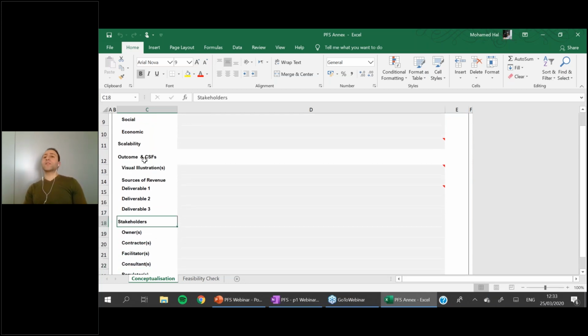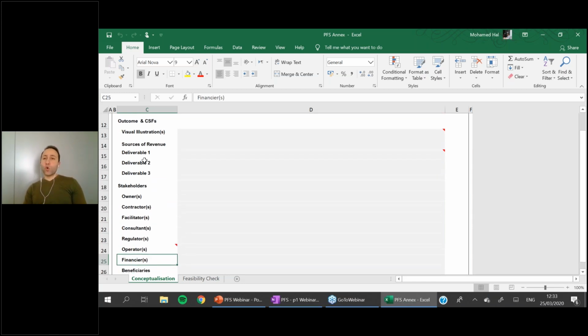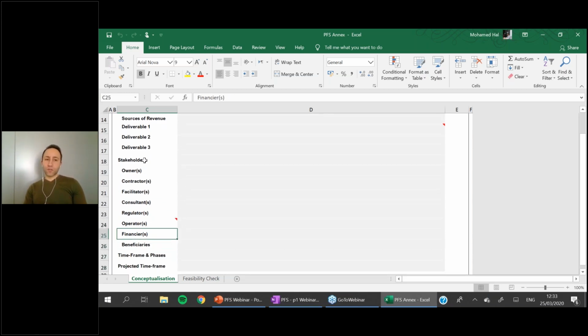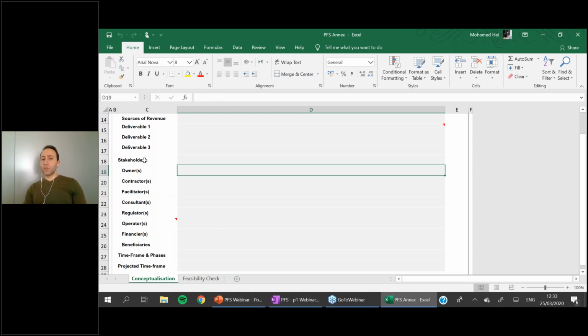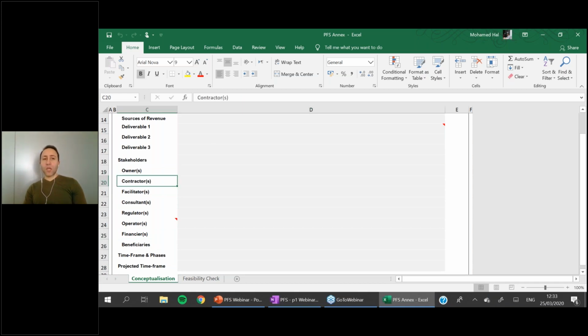Stakeholders. This is extremely important at this stage to define who are the people who are on board with you. And I know this list sounds a little bit long, but I wanted to make it inclusive. So who's the project owner is very important. Who's the key decision maker in the project? Who's a contractor? Okay, and then who's a facilitator? Facilitator means who's like the agency that is helping to get license and so on. If you've got consultants on board,